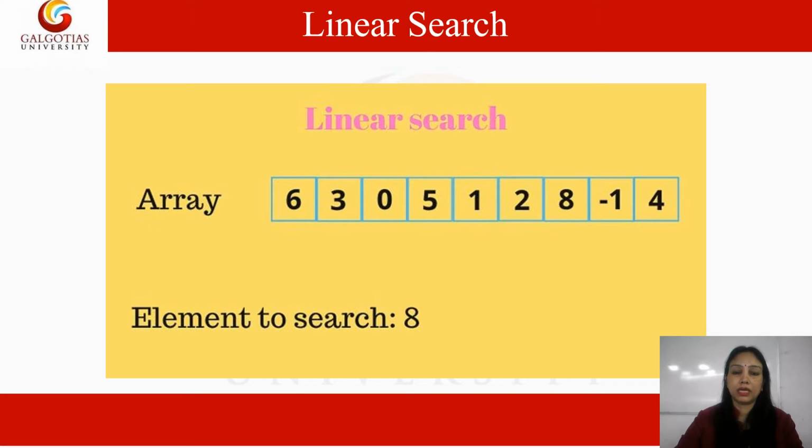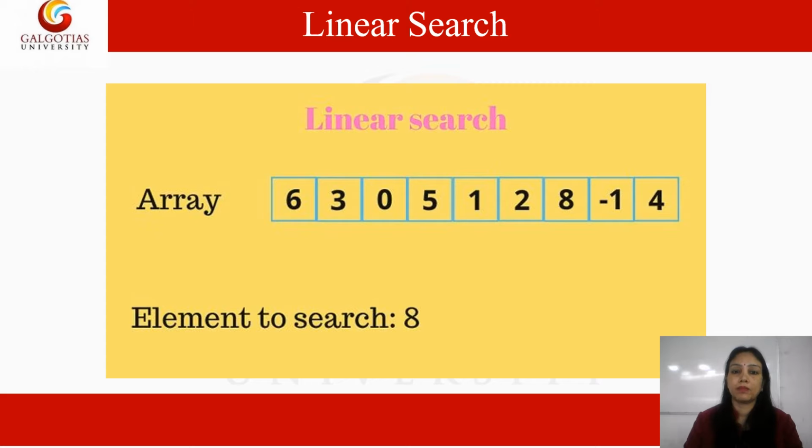Now another example, an array is given, and now you have to search for the element 8. So again we'll start from 0, and then 1, 2, 3, 4, 5, 6. When you reach that number, you will stop, and you show that the number is found at a particular location. And it is not necessarily that the element is always available. So if the element is not available, then you can simply say the search is unsuccessful. Why unsuccessful? Because you are not able to find that particular element, because it is not available in that list.